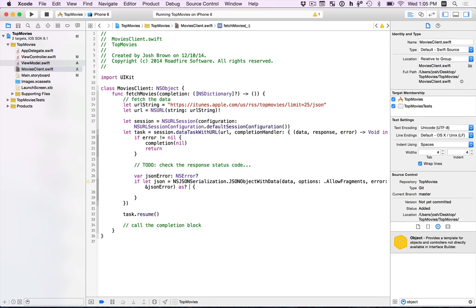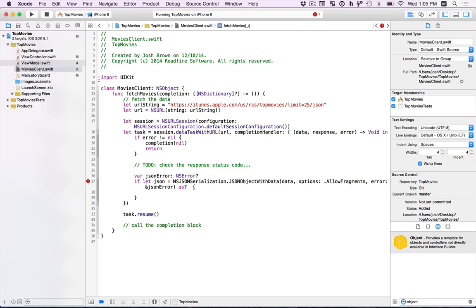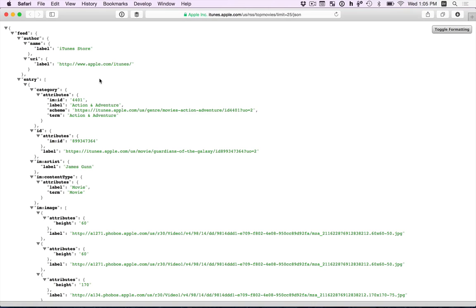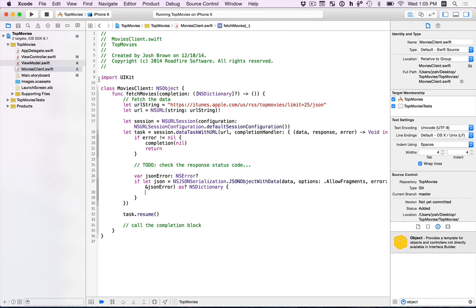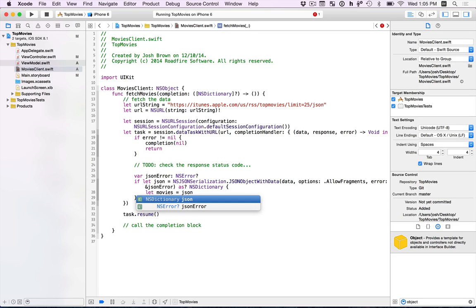Let's fix that error and say as, looking again at our feed, this should be an NSDictionary that's returned from the JSON that we're parsing. So again, looking at the JSON, the movies are in the feed entry. So we're going to do a valueForKeyPath